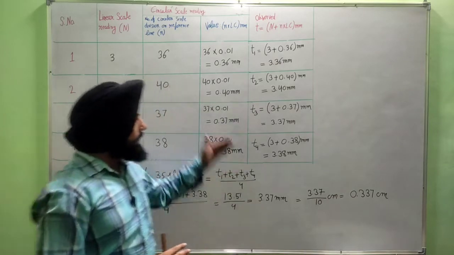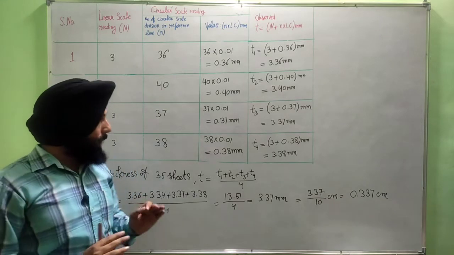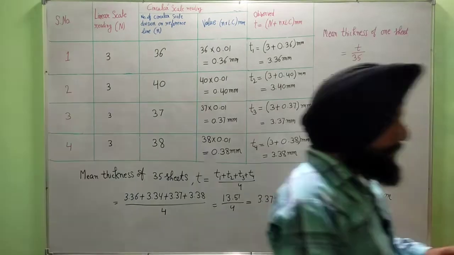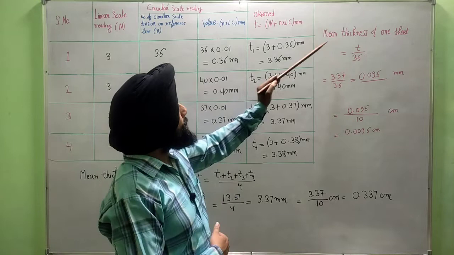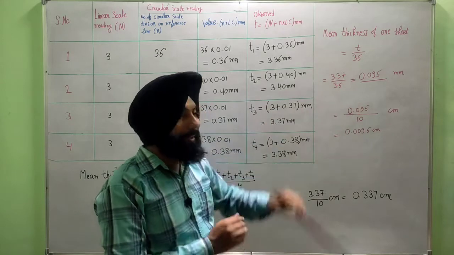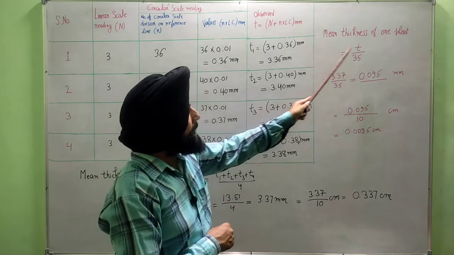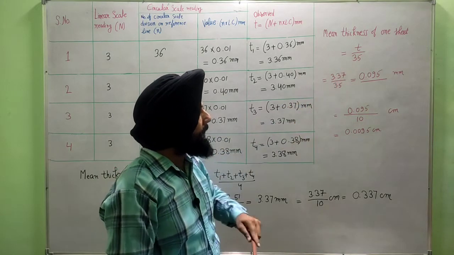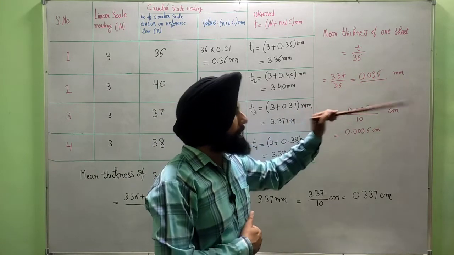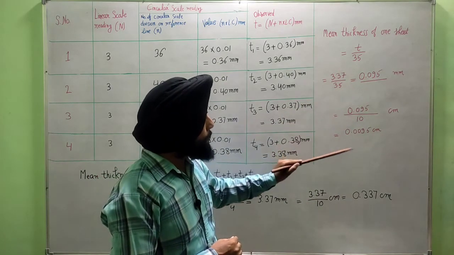Now these are readings of 35 sheets, but I want to find the thickness of one sheet. So students, the mean thickness of one sheet is T over 35. Because I have taken 35 sheets, to get the thickness of one sheet I will divide the mean thickness by 35, and it is approximately 0.095 millimeter, and I want the answer in centimeters, so I will divide by 10. So the answer